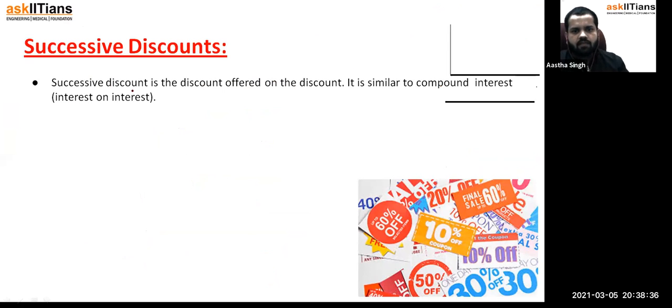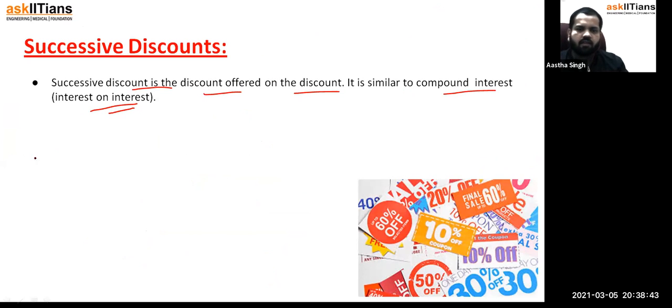Successive discount is a discount offer on the discount. It is similar to compound interest, interest on interest, right? So let us take an example. Suppose a book's marked listed price was 1,000 rupees, right? And successive discounts were given